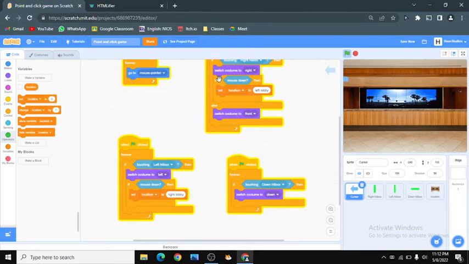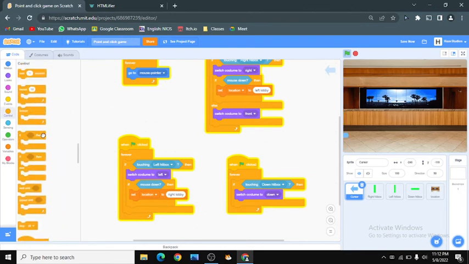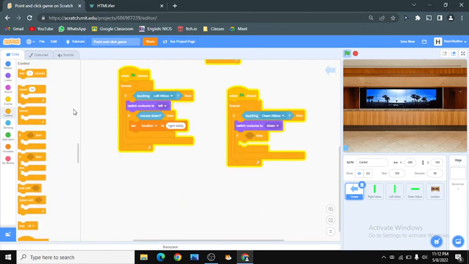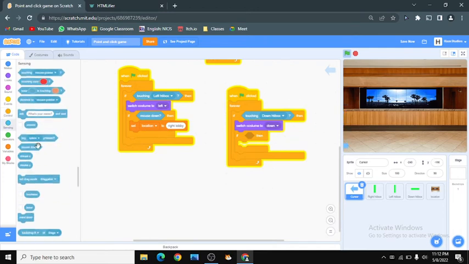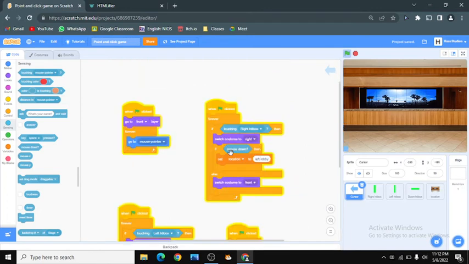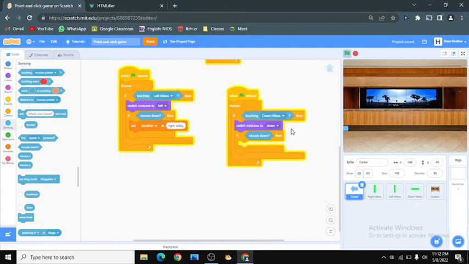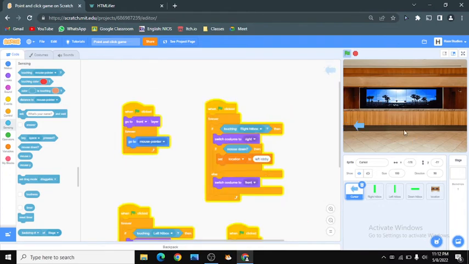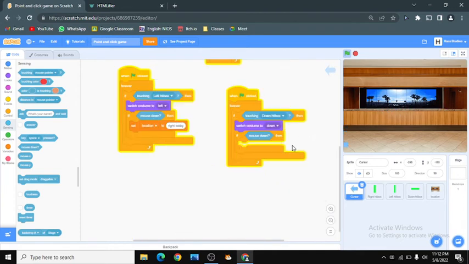And after that, I was gonna say if touching down hitbox, if mouse is down. Now here, if you say is okay, one more thing I forgot is that now there's a bug. So now we need to fix it. So I'll just tell you the bug.